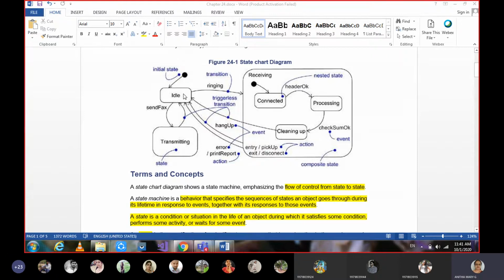This idle state will be changed into a receiving state by getting the message as ringing, maybe with some noise. So this idle state is converted to the receiving state. If the fax machine is receiving some document from others, that is the state we are talking about. So in the receiving state of the fax machine, what we have to do, first of all, when it has started receiving,